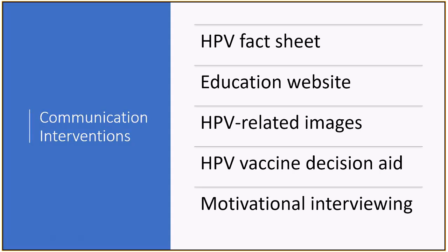This week, there was a very interesting article in the American Academy of Family Practitioners magazine, and there was a study, I believe, in Colorado, in regards to the use of some educational materials for patients who are going to be screened for cervical cancer, or young patients who are going to receive the HPV vaccine. And I'm not sure if you have some experience in regards to the use of fact sheets for patients, either for patients who are going to be screened for cervical cancer or for patients who are going to receive the